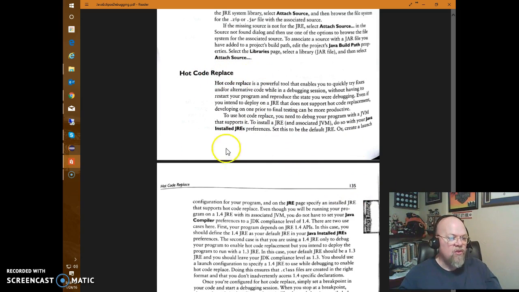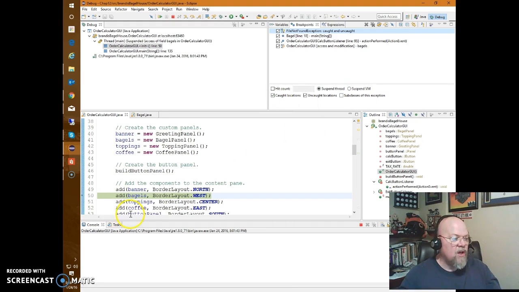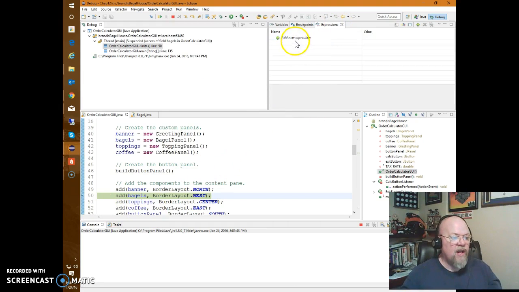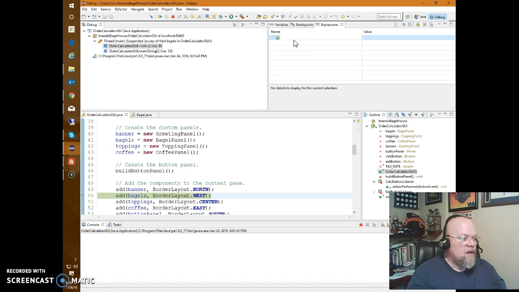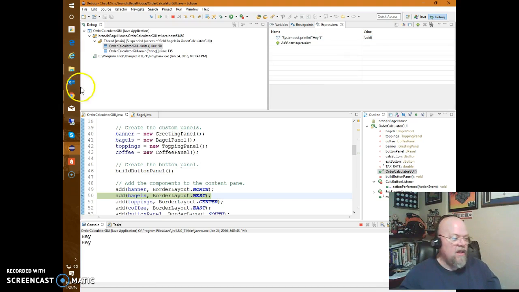So again, as this is running, I can actually come up here to expressions and I can say system.out.println, and I can say, hey. Hit the enter key, and notice it basically displays hey down there in the bottom screen. It printed twice because I should have just hit the tab key instead of enter key, but the tab key entered it, and when I hit the enter key again, it entered again. So if I click up in that guy again and hit enter,